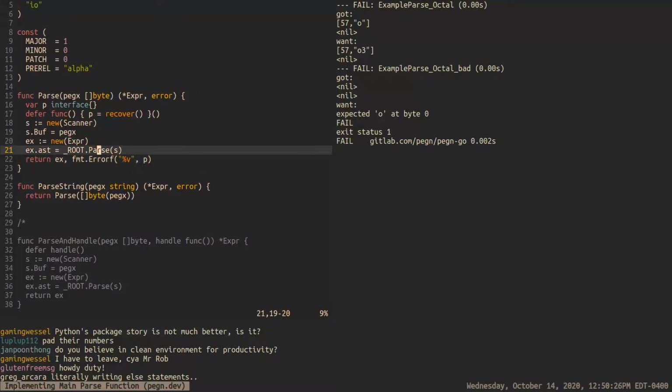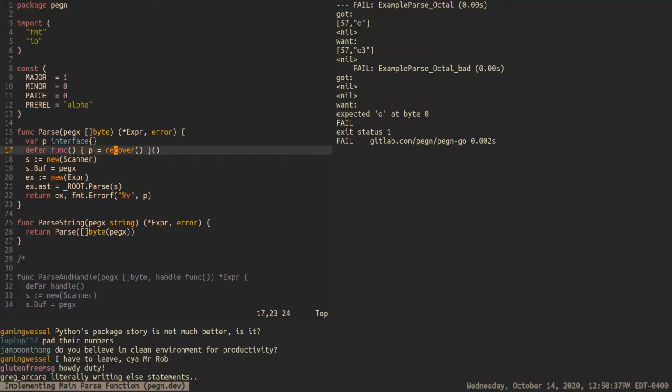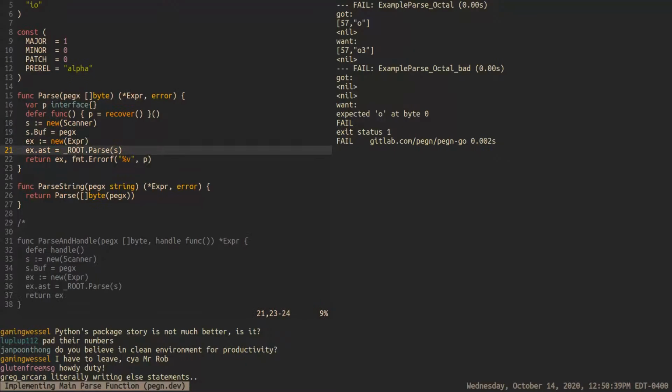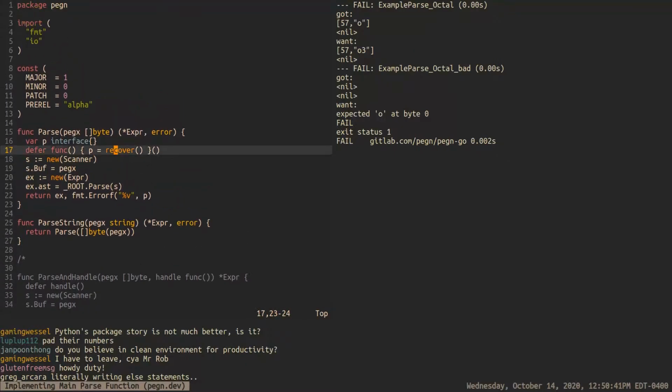And I missed that. I probably knew that at one point, but I had forgotten that returning control to the caller was a thing that panic does. The defer trap, the recover, is actually sending back control to the caller, which is really great because that means that you can use defer. If you know about exceptions from other languages, you can use panic and defer as a pseudo exception syntax,